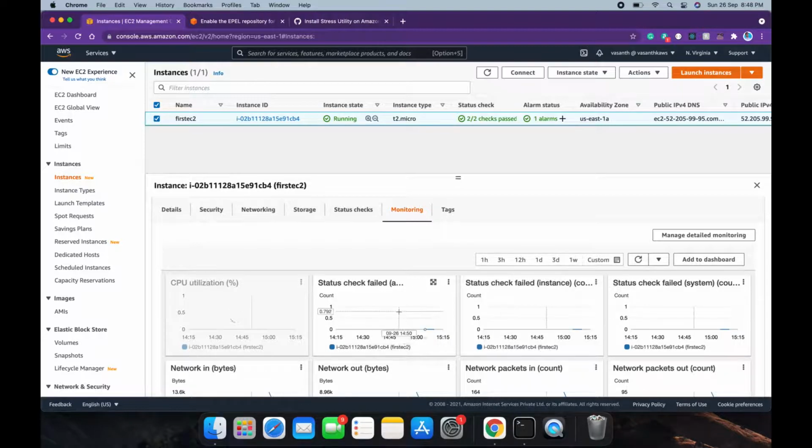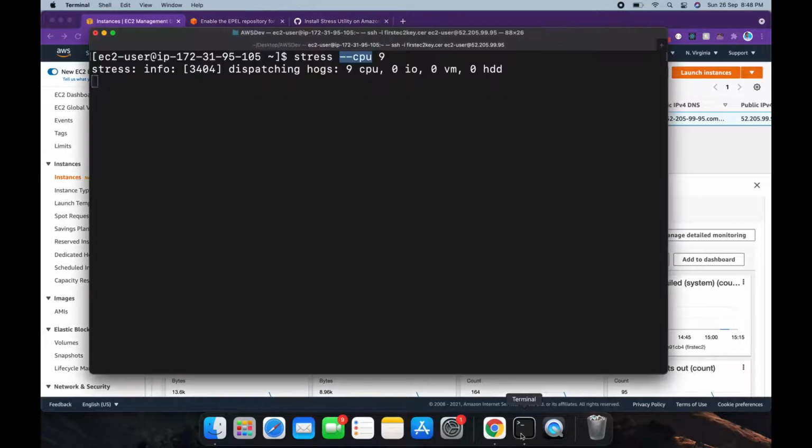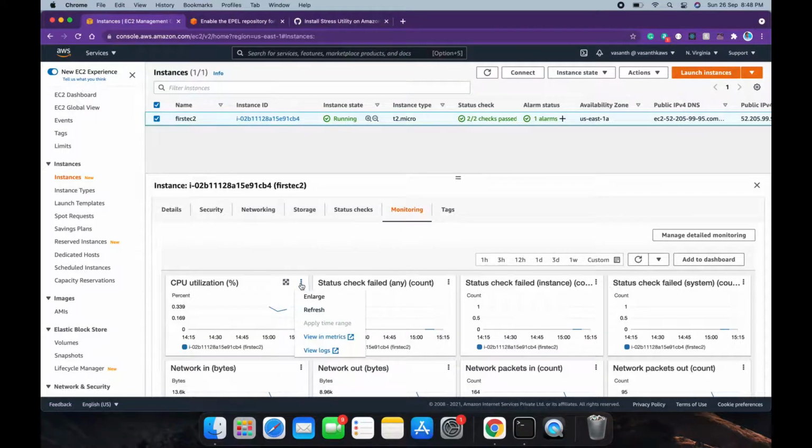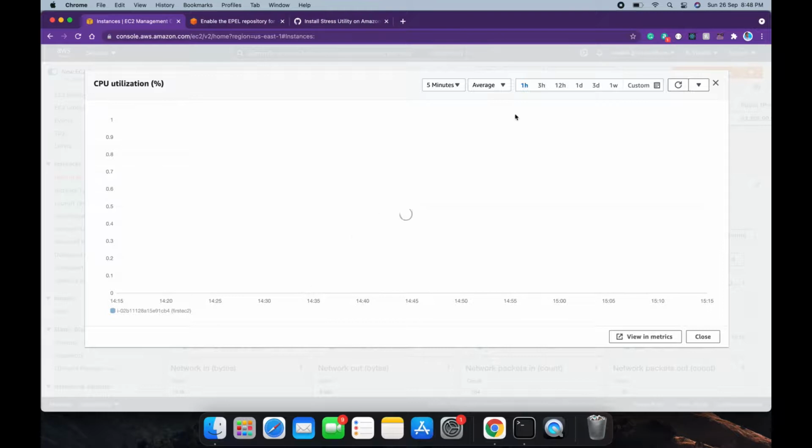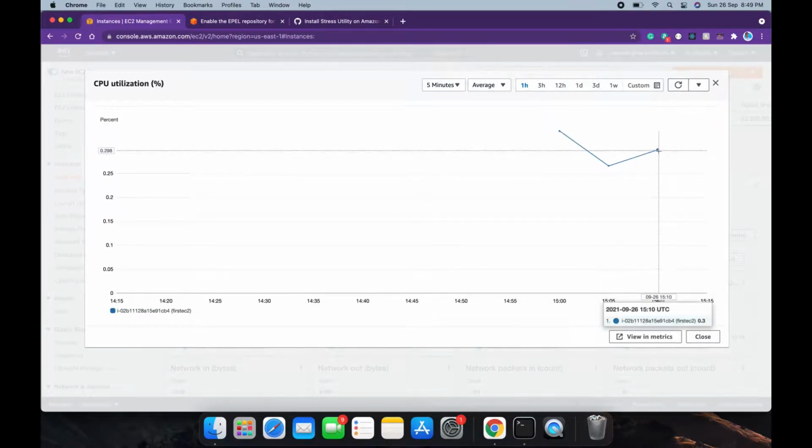Once your CPU hits 50% utilization, this automatically terminates in the terminal as well. This will take some time, maybe a couple of minutes, and then the changes will reflect. We have to wait for a couple of minutes.